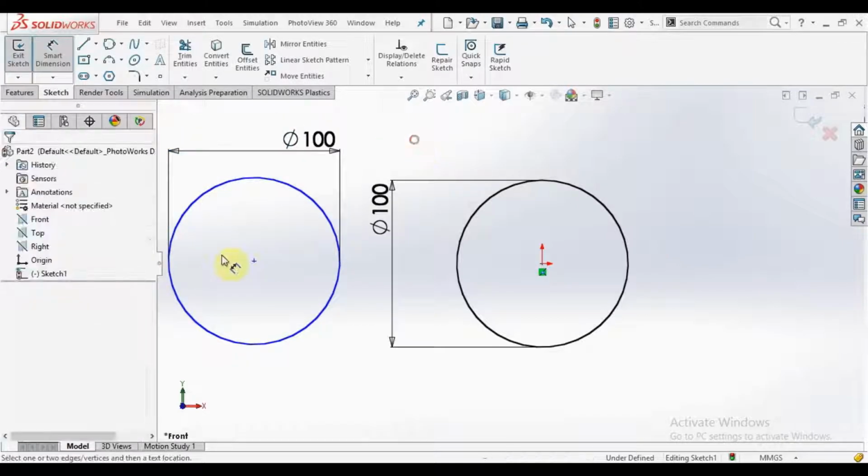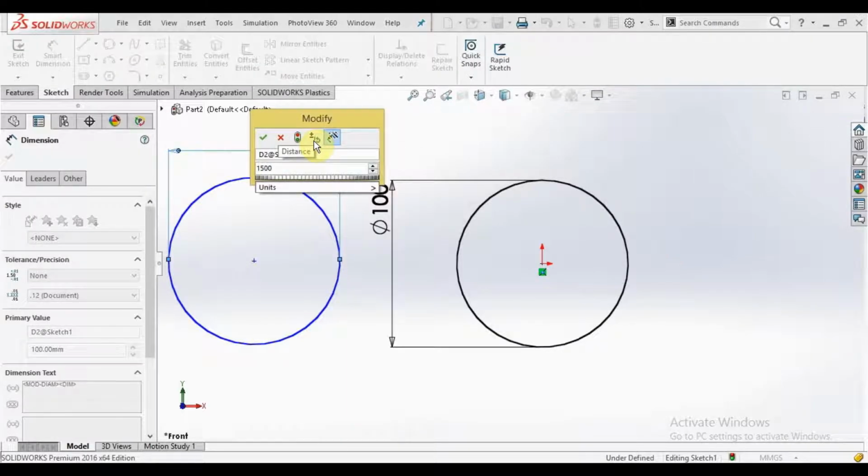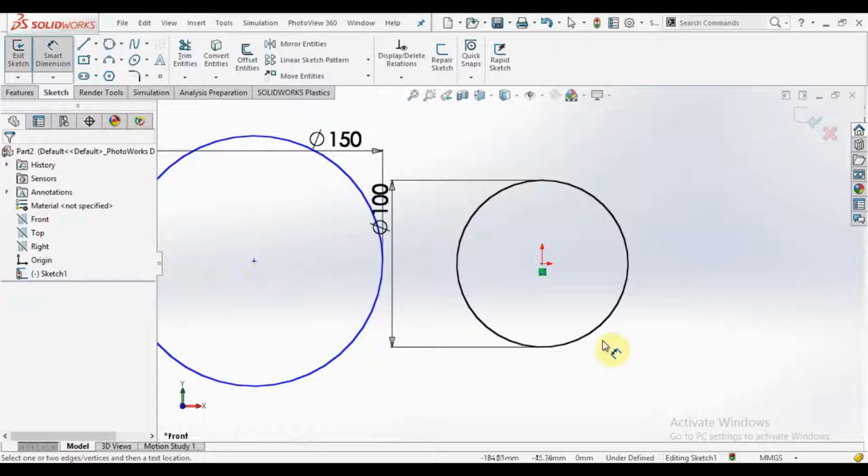But it is not fixed from the origin, so you cannot fix it right now. But let's say I give 150 mm, and for coming out of this smart dimension command, simply click the escape key.